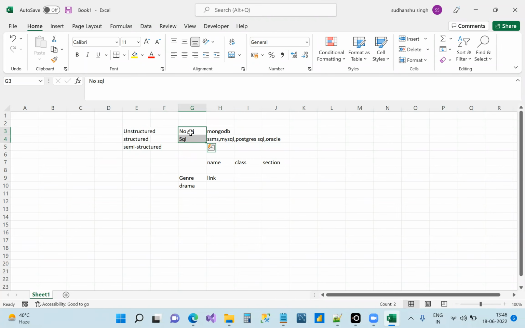So NoSQL full form: just like we have a full form for SQL, someone told me, structured query language, right? That's how we have a full form for NoSQL as well. Does anyone know? It's not only SQL. Not only SQL. NoSQL means not only SQL. Okay. Got it? That's the full form.